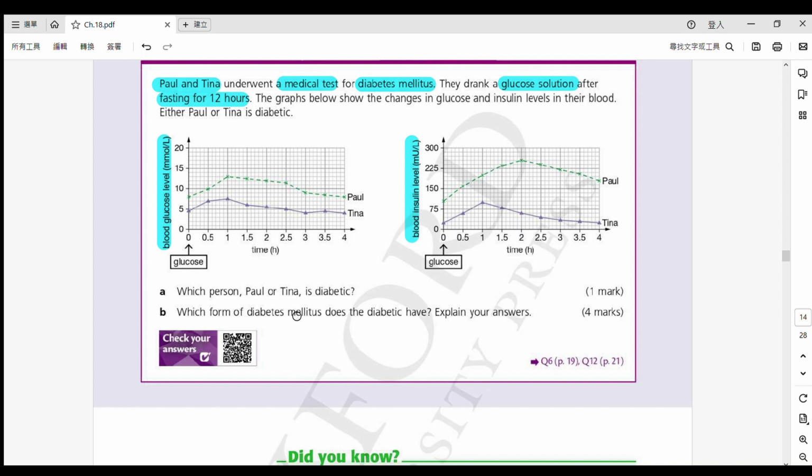The answer is very simple, and the answer is Paul。你會望到 Paul 呢一個㗎。Okay, because relatively, which one is not getting back to the normal blood glucose level? The answer is Paul. Okay，Paul 係冇翻一個正常水平㗎。Okay, and then which form of diabetes mellitus does 呢個 diabetic have？究竟 Paul 有嘅係邊一種